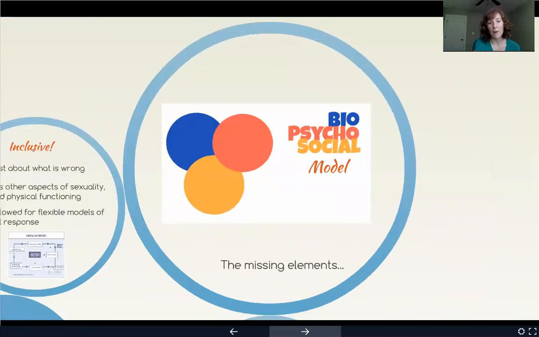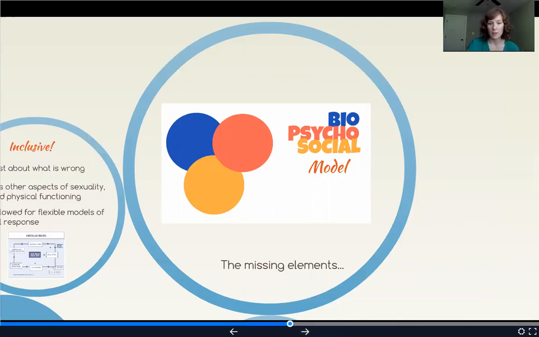And that's what we get with the biopsychosocial model. And the missing elements, on top of what we have in the biomedical model, is the bio part, the blue circle. But we add that coral circle, the psychological, and the deep yellow color with the social circle. All three together, you can see they all overlap and share with each other, yet they have distinct areas that are their own. And this is a depiction of the biopsychosocial model.